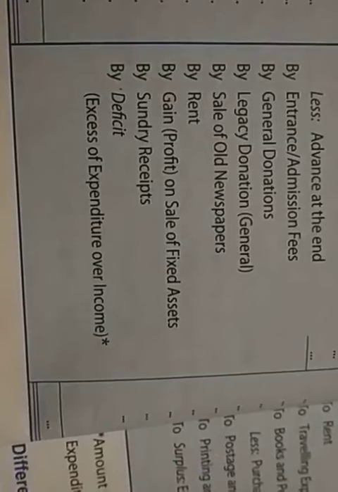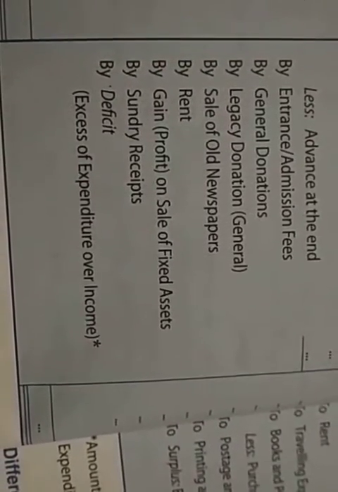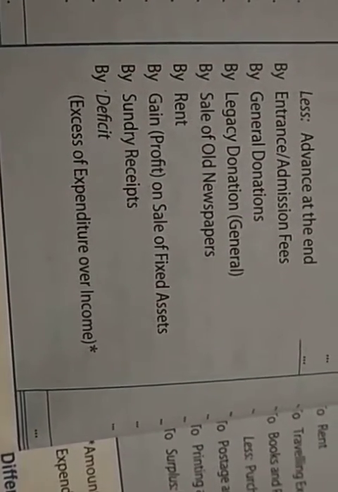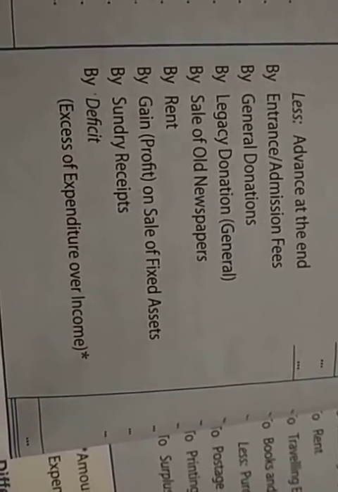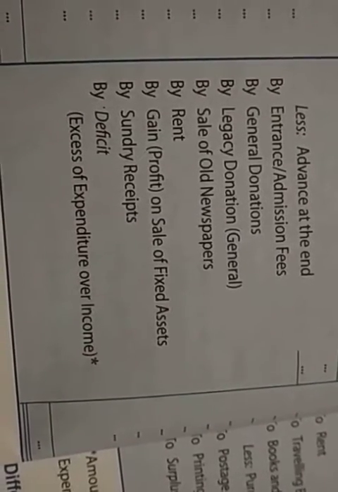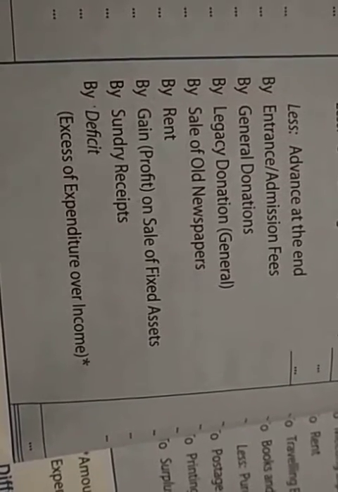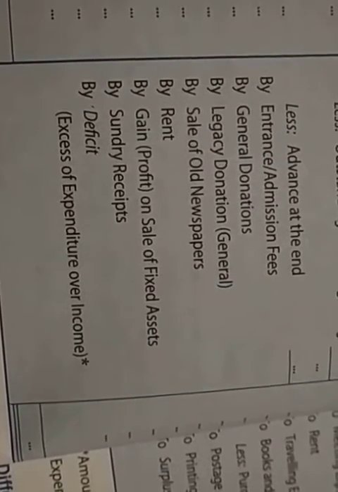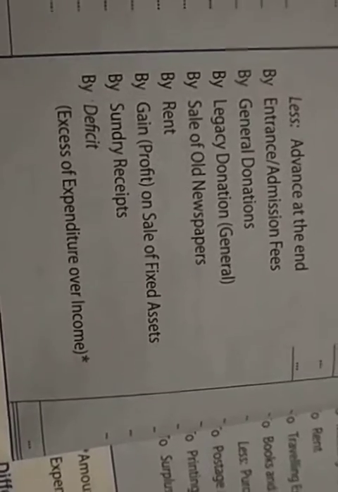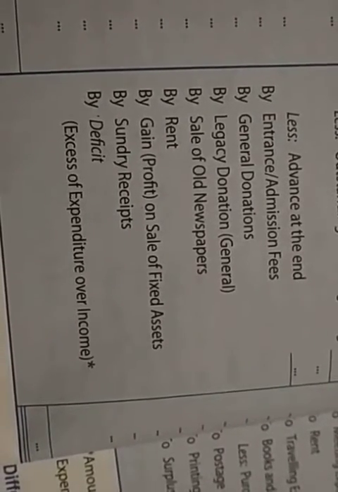Okay, students, next item can be the entrance fee or admission fee. It is also revenue nature. General donation. Students, donations are of two types, general or specific. General donation is a part of income and expenditure account, and if specific donation is there, specific means there is some purpose mentioned for it. If any specific donation is there, we will not include it here, it will be part of the balance sheet.